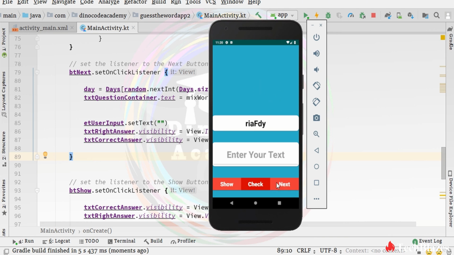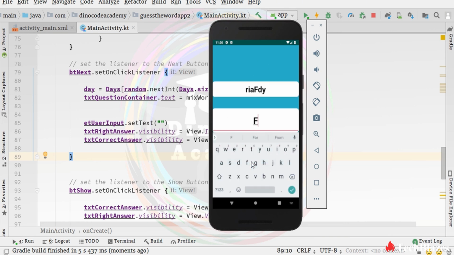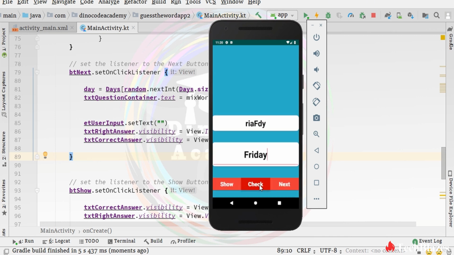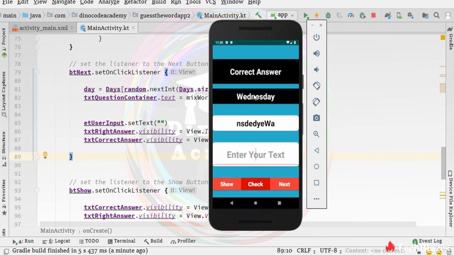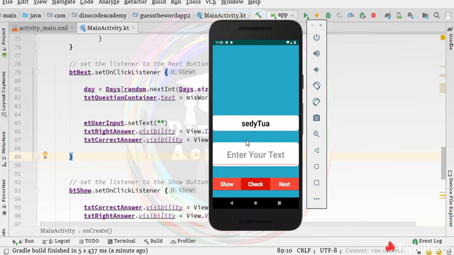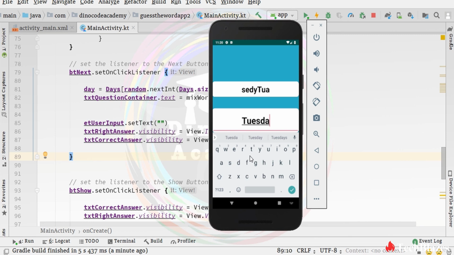If I click on next again, and here I will type Friday and just click on check, you can see that you got it. If I click on this next, you can see that the edit text also becomes empty. And again if I click on this show button, you can see that the correct answer is Wednesday. If I click on this next, then again Tuesday is displayed. So if I type here Tuesday